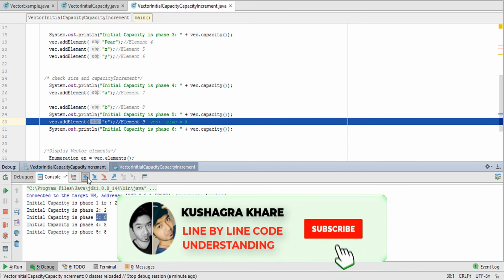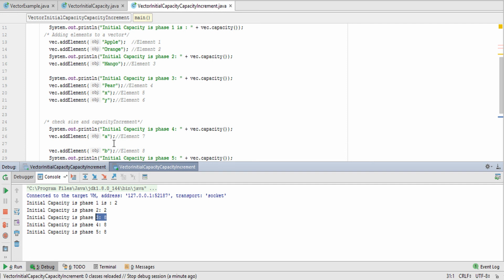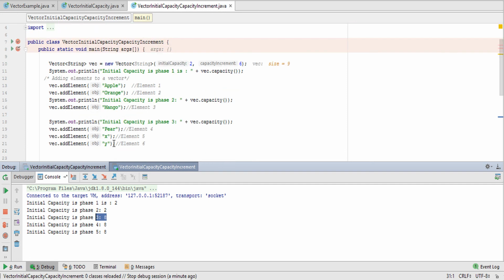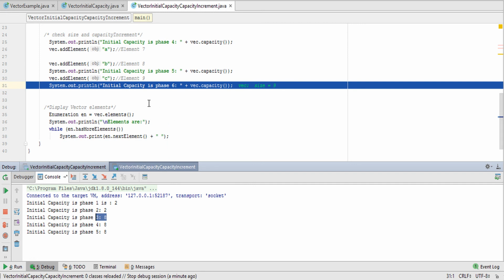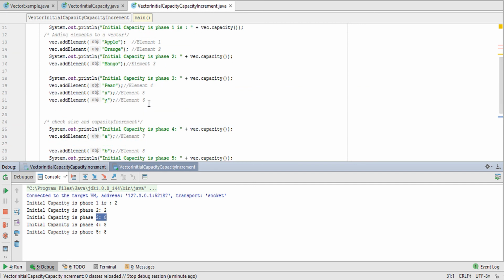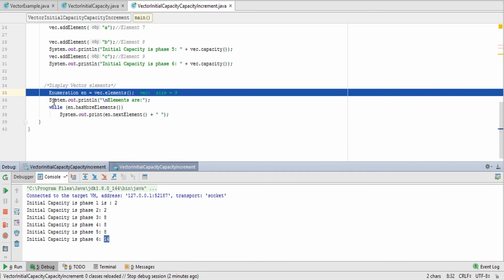Let's insert c. The capacity will now become 8 plus 6, because the size has become 9 and the capacity was 8. So the capacity is 14, 6 plus 8.